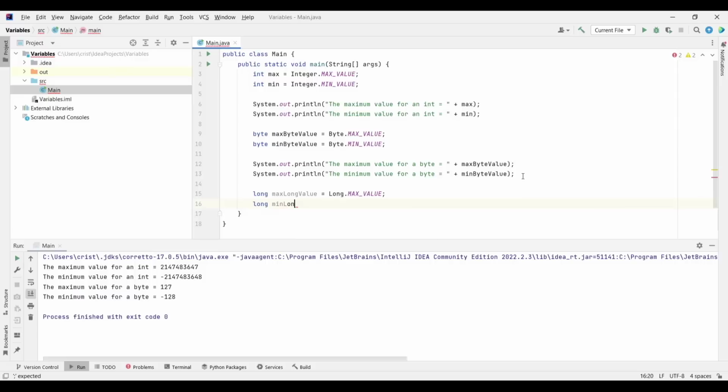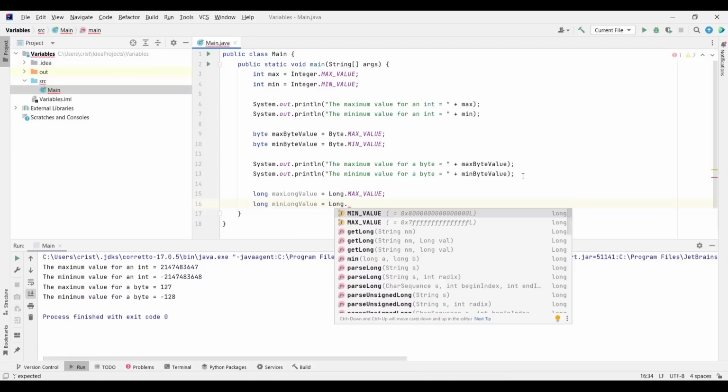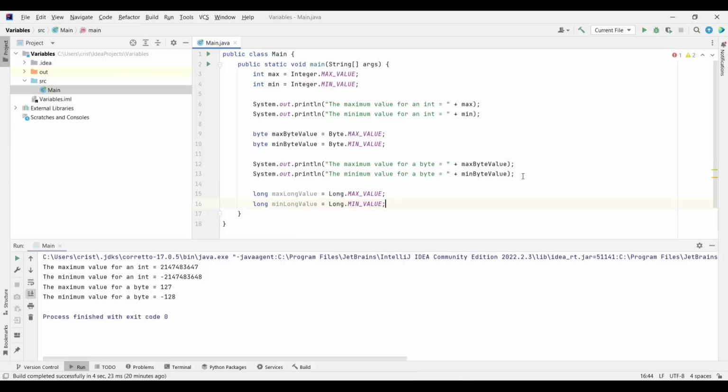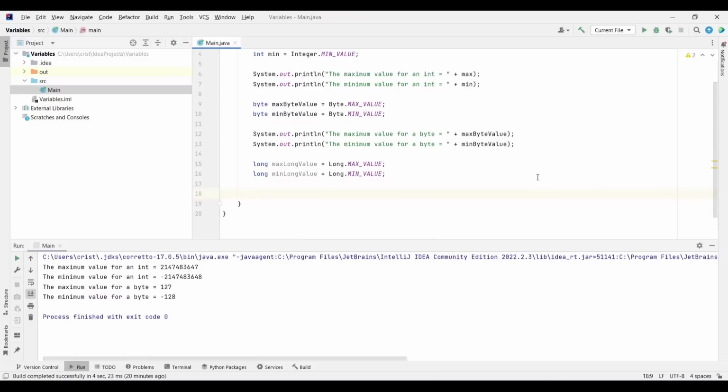and I'll type again min long value equals Long.MIN_VALUE semicolon. Now let's output in the console the minimum and maximum value which can be stored in a long.